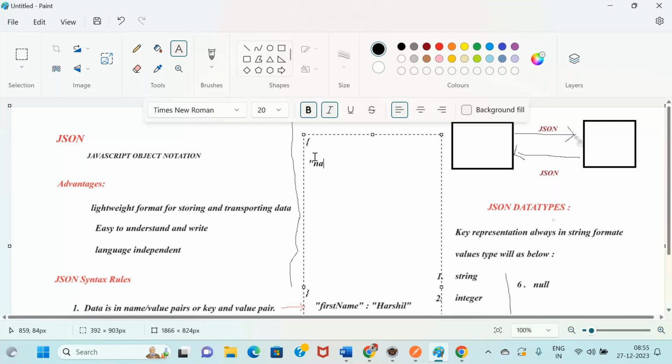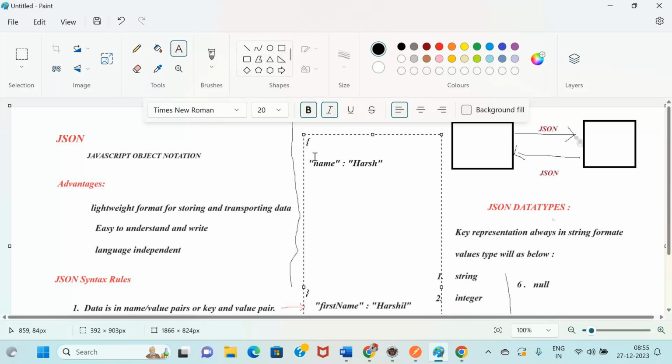Okay, key I have represented, colon, and here Harshil. So that is a key-value pair. Key is name, value is Harshil.